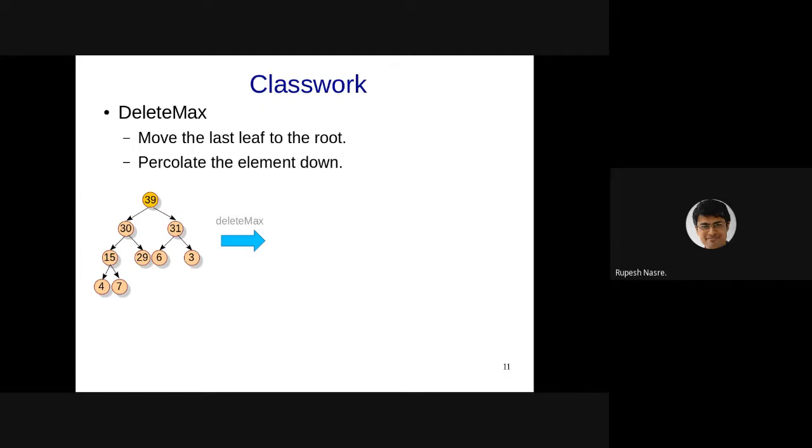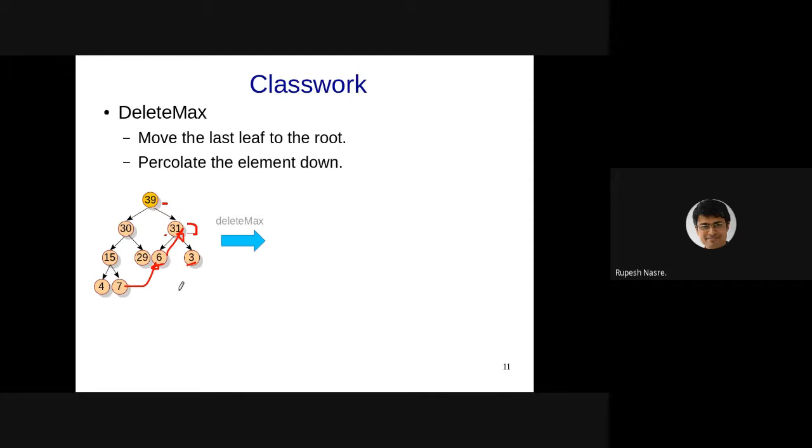So, okay, I'm glad that you guys are getting into these questions, and I hope everybody does. So let's understand where the problem is. So we said that, okay, 39 we can remove, that's okay. That hole we can move down. Out of these two children, 31 is larger, so let me move the hole here, and then 31 becomes the root. Out of the children of 31, now 6 and 3 are the children, and therefore 6 moves up, and then 6 I can replace with 7. Right? As soon as you do that, your structural property is satisfied, the heap order property is dissatisfied. So we did something wrong, right?